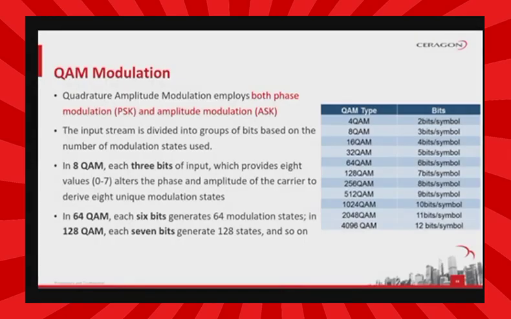In a quadrature amplitude modulation signal, there are two carriers, each having the same frequency but differing in phase by 90 degrees, 1/4 of a cycle, from which the term quadrature arises. One signal is called the I signal, and the other is called the Q signal. Mathematically, one of the signals can be represented by a sine wave, and the other by a cosine wave. The two modulated carriers are combined at the source for transmission. At the destination, the carriers are separated, the data is extracted from each, and then the data is combined into